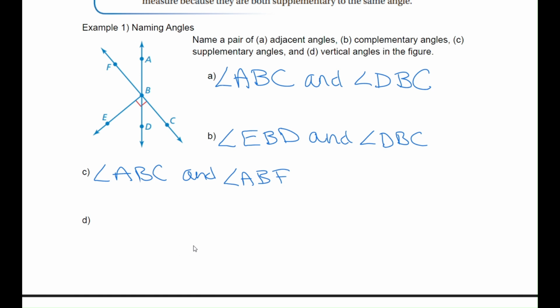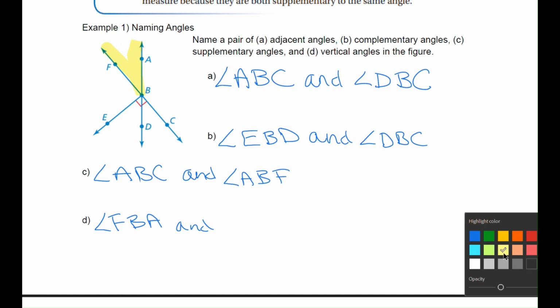All right. And then we are looking for vertical angles. So I need to see two lines that are intersecting. So let's see. Say I had angle FBA. And I'm trying to find an angle it is vertical angles with. So let's see. I'm going to highlight my angle here. So I got angle FBA. And it's going to be vertical angles with,